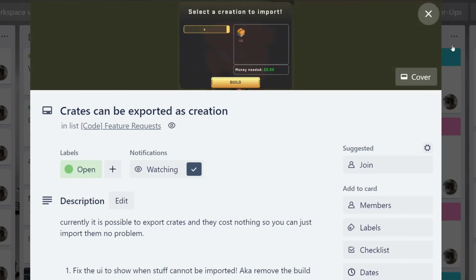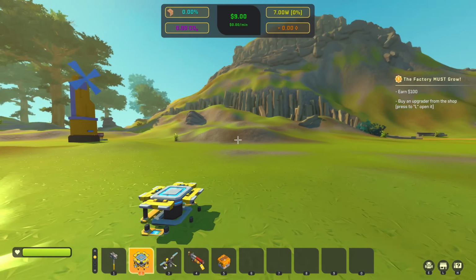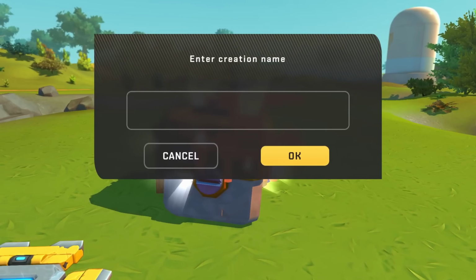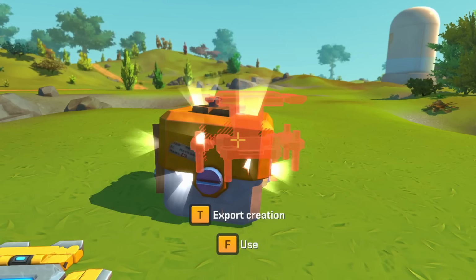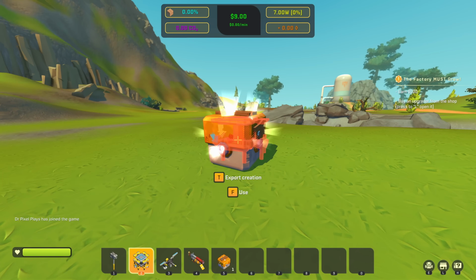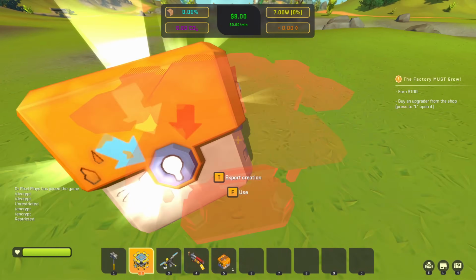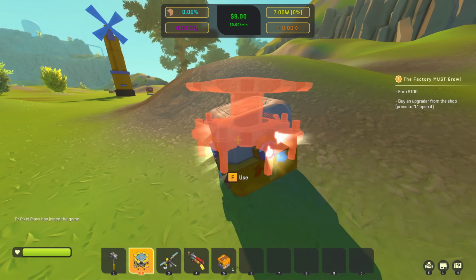Oh yeah, the crates. This is a funny story. So you see, I cannot put it on the lift normally, but since we kind of made the lift custom, we can use the custom lift function to export the crate. This simple check just makes sure we can actually lift the creation we're exporting. Still, it tells me that this creation is liftable, which is absurd, you can't. You see, now we cannot lift it.